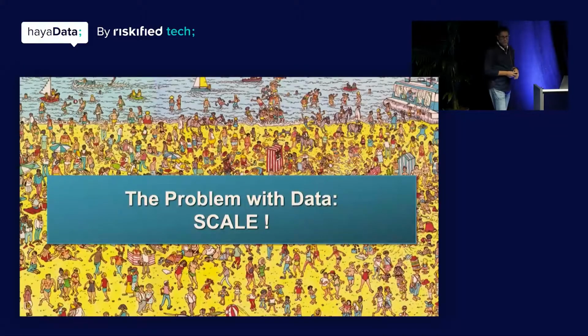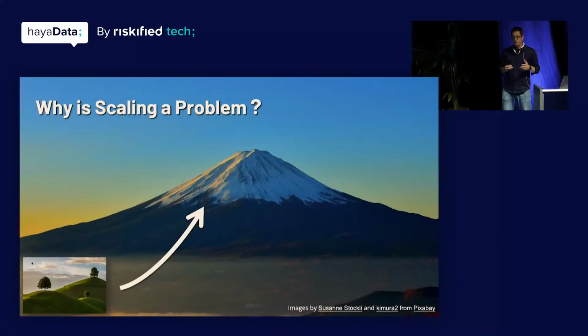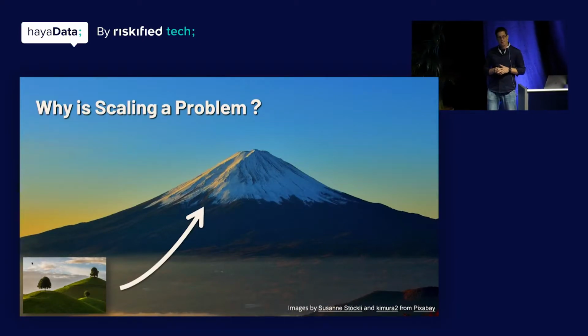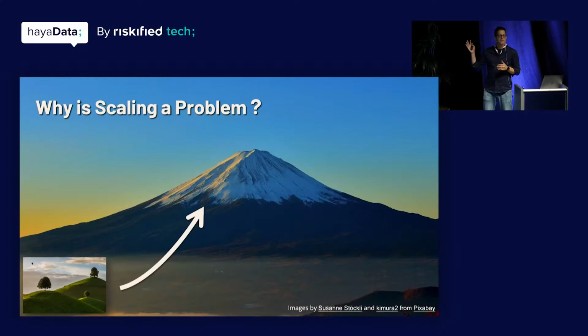So one of the problems with data is scale. If you look at why scale is such a big problem, take a look at this. If you know how to ascend a small hill and you want to transition to ascending a mountain, you immediately can see that it's a totally different problem. First, the mountain is much steeper. And second, there's new features in it. You can see the snow and ice on top, right? So to ascend this mountain, it requires special equipment, special training. It's a whole different ballpark.